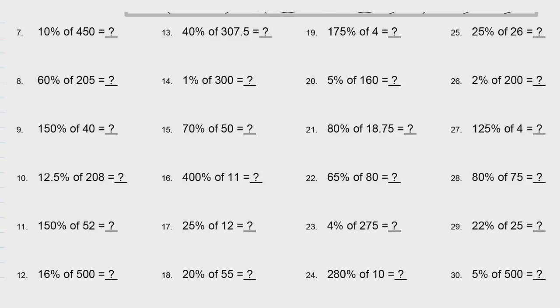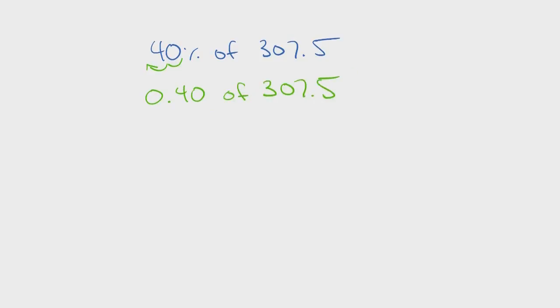Welcome back. Problem 13 says 40% of 307.5. You have 40% of 307.5. We are going to move the decimal 2 spaces to the left to make this into a decimal. So it's going to become 0.40 of 307.5. But remember, of means multiplication, so let's change this to times. Then we're just going to multiply 0.40 times